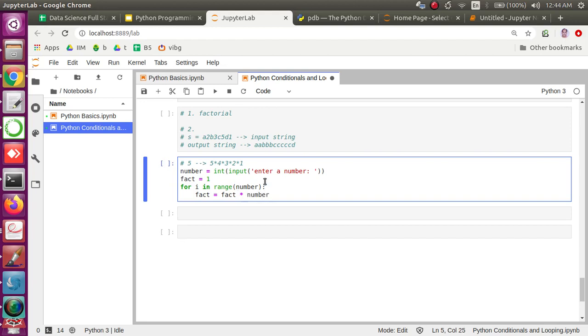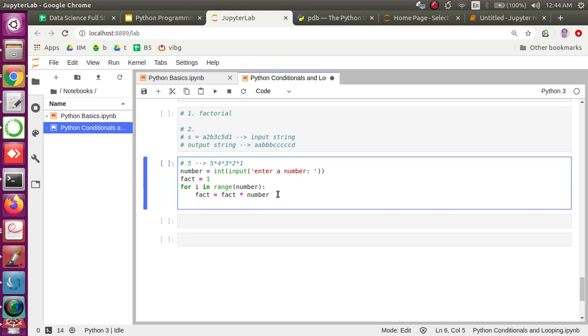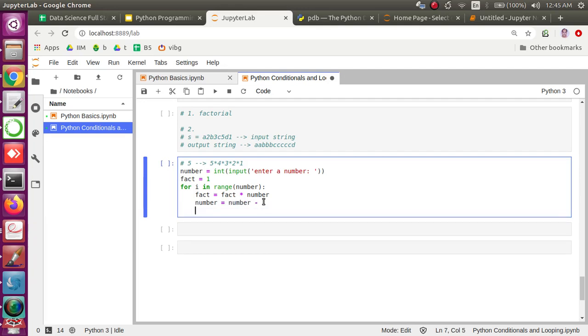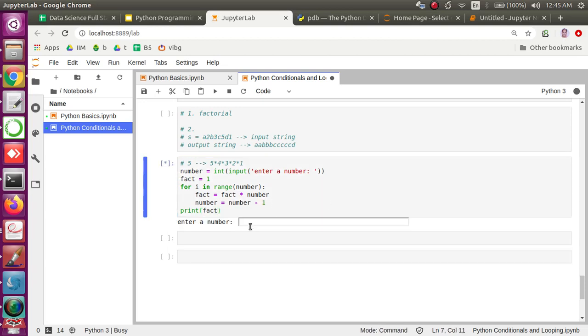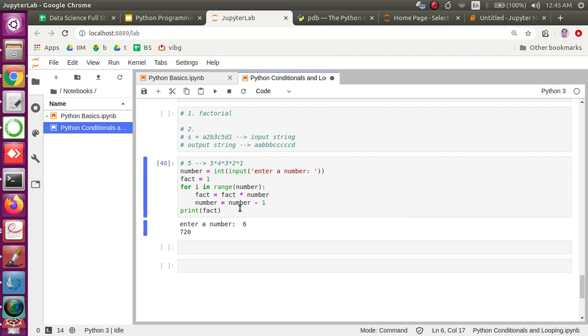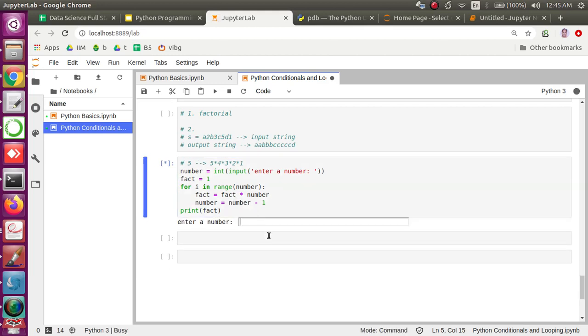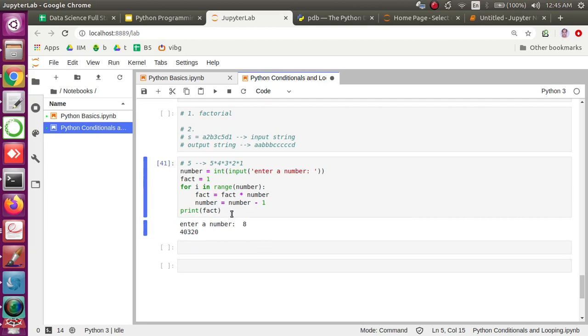So whatever number, let's say 5, is entered by the user, I want to multiply 5. Then I want to go to the next iteration till I reach this number, right? So those many number of times I go, and every time I want to decrement our number here. So number equal to number minus 1. Let me try if this works. If not, I will explain. For example, 5, this works it seems. 6, yeah, I think that's right. So 7 or 8. So this is how the factorial works.